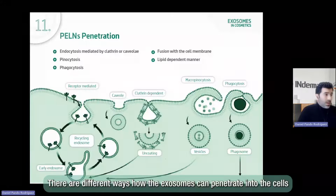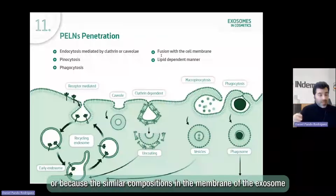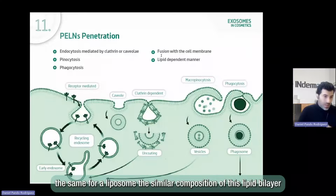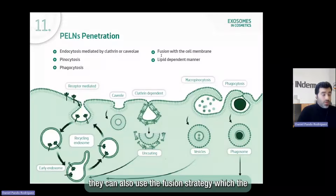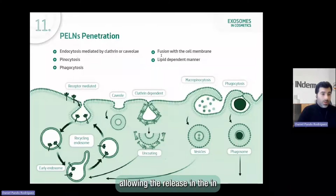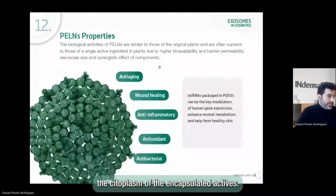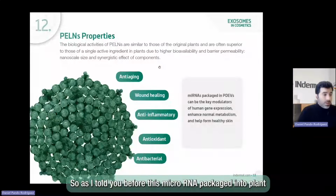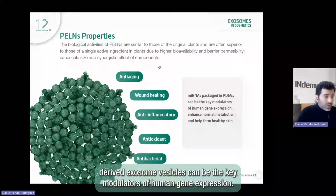There are different ways the exosomes can penetrate into the cells because they can use endocytosis, pinocytosis, phagocytosis, or, because of the similar composition in the membrane of an exosome and a liposome, the similar composition of this lipid bilayer regarding the composition of the membrane of the cells, they can also use the fusion strategy, in which the membrane of the exosomes and liposomes is fused with the cell membrane, allowing the release in the cytoplasm of the encapsulated actives. So, as I told you before, these microRNAs packaged into the plant-derived exosome vesicles can be the key modulators of human gene expression, and this